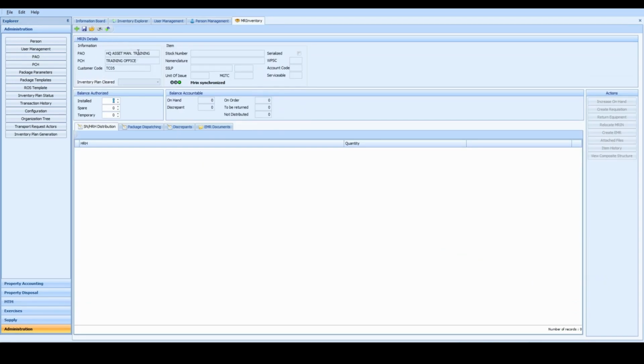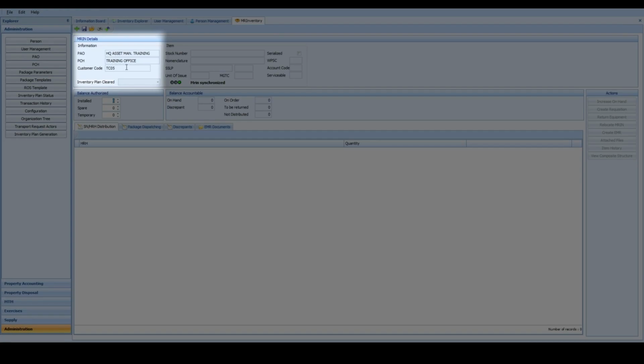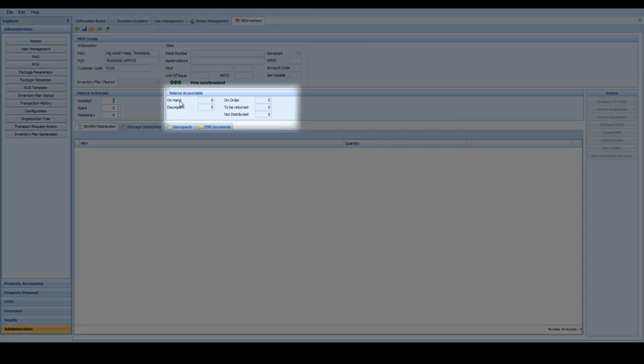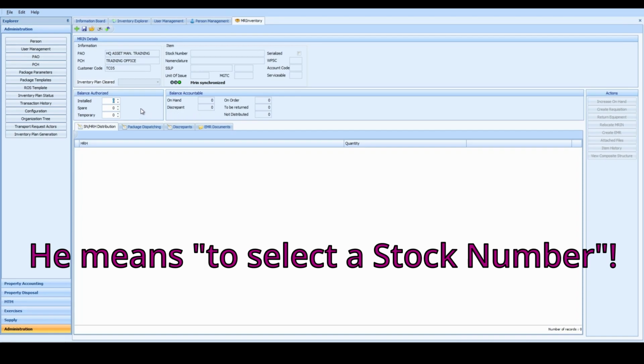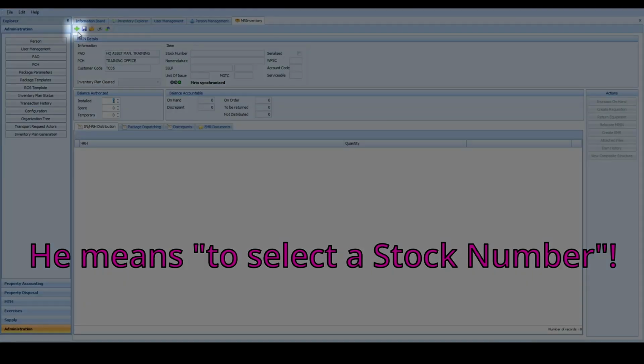Here you see the PAO and the PCH customer code information. I have an installed, spare and temporary balance authorized quantity, which is set to 0 by default. I have a balance accountable, on hand 0, discrepant 0, and on order, to be returned and not distributed is also 0. Now, to select an MRIN, we have to go to the plus button,